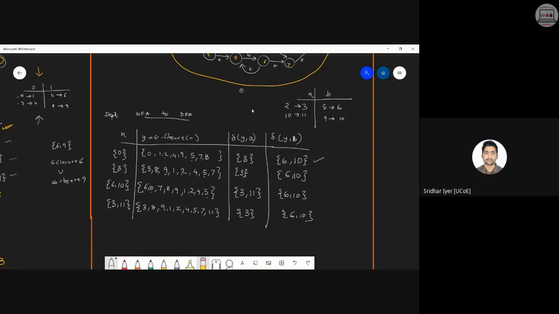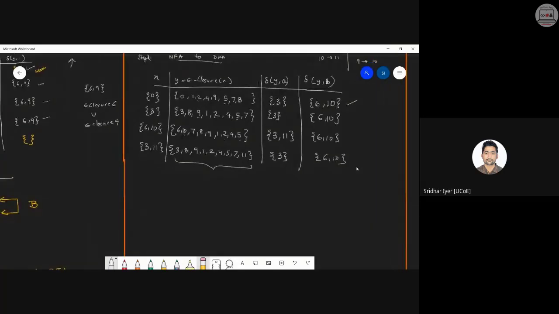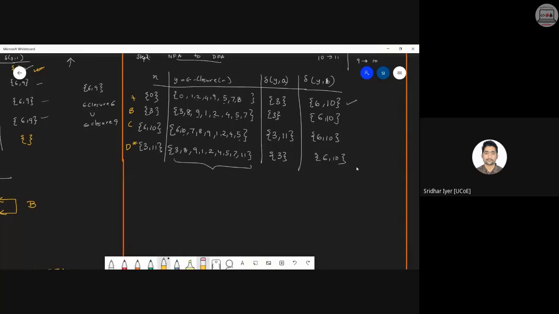So now we have got this state, or we can say this set, which has 11 inside it. Now you can solve it further, yes or no. It's pretty simple now. I am simply assigning letters to it. It is A, it is B, it is C, it is D. Now D is my final state. So simply write it in terms of a DFA. It will become A, B, C, and D.